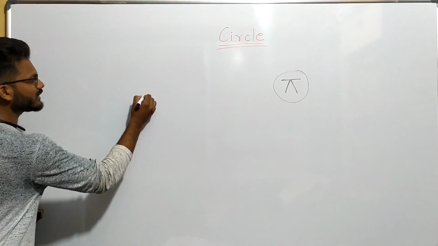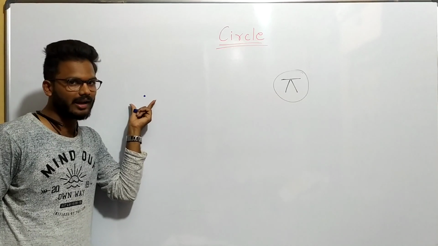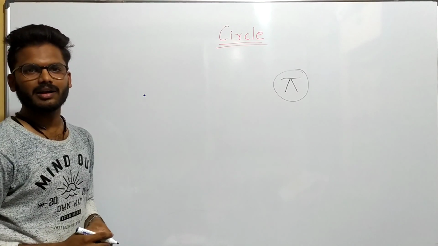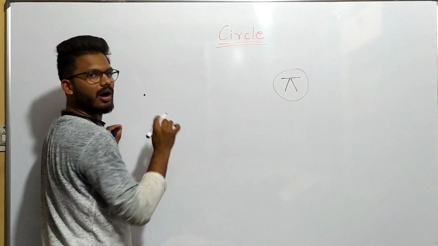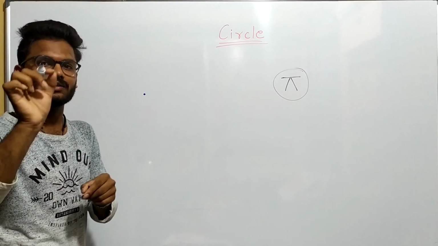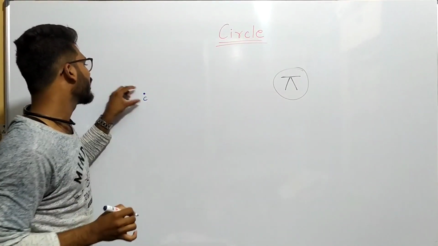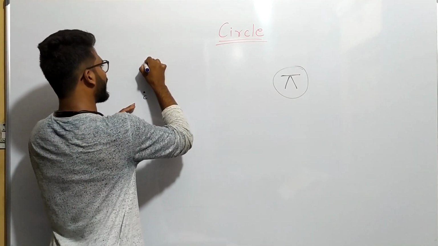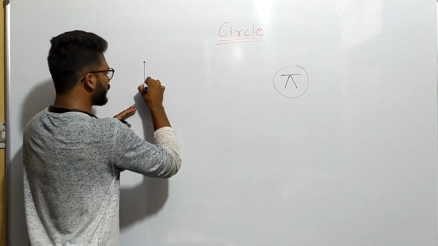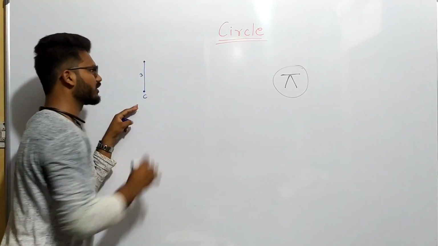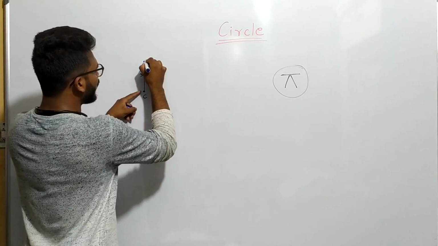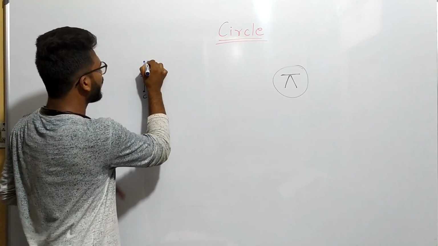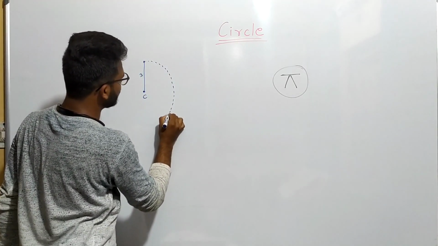Okay, first, what is this one? It is a dot or a point, right? So, a circle is nothing but when you connect all the points which are equidistant from a fixed point. Suppose this is the center, it is a fixed point, and suppose I will take some distance as d. Okay, the distance from this point to this point is suppose any 3 units, and again if I find all the points which are at a distance of 3 units from the center, you will get the points like this.